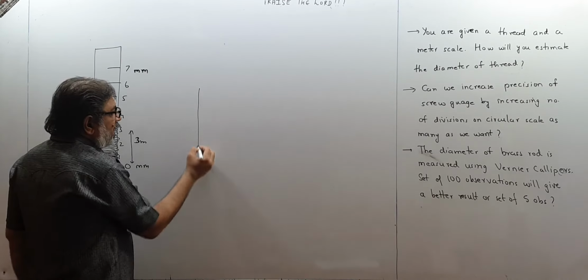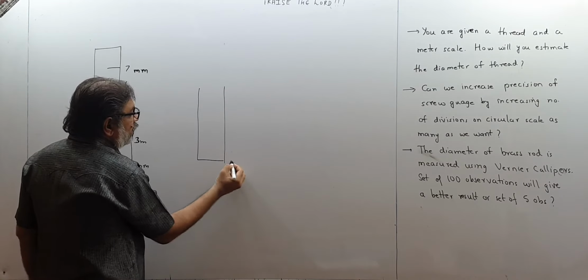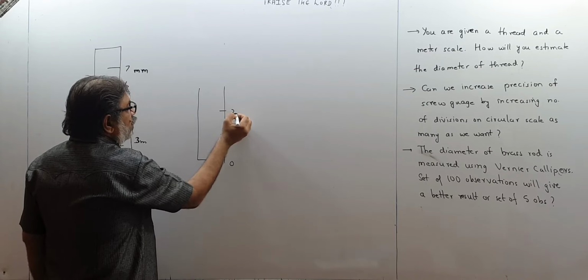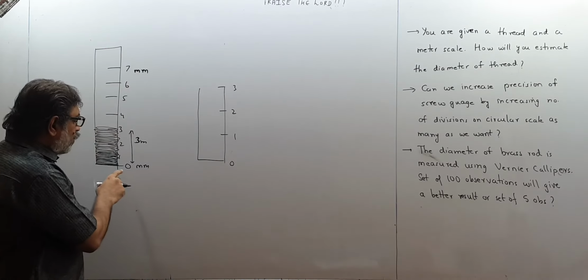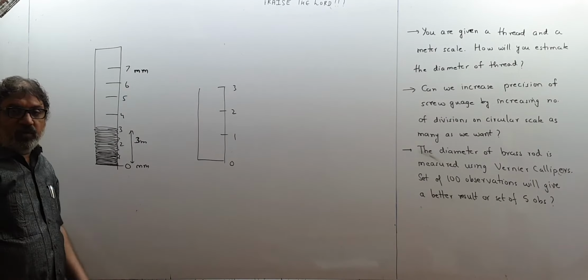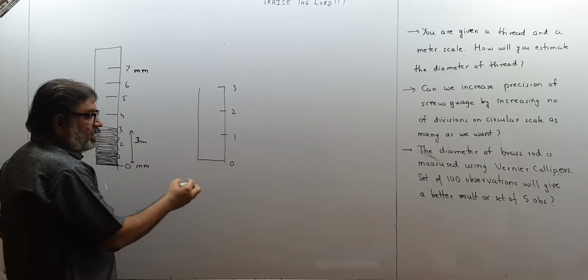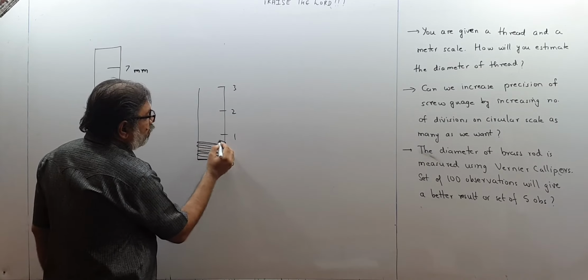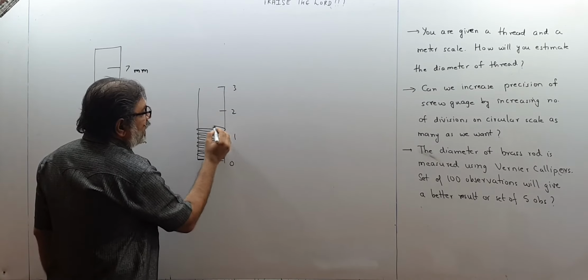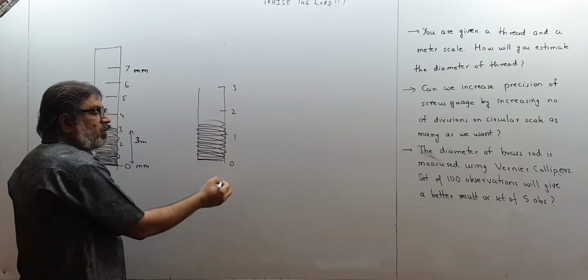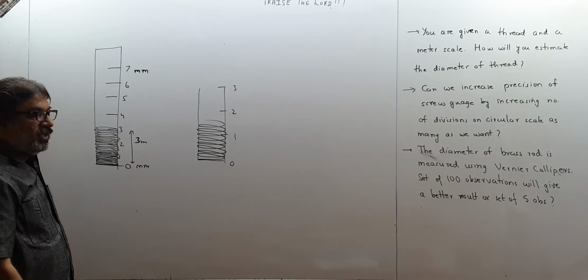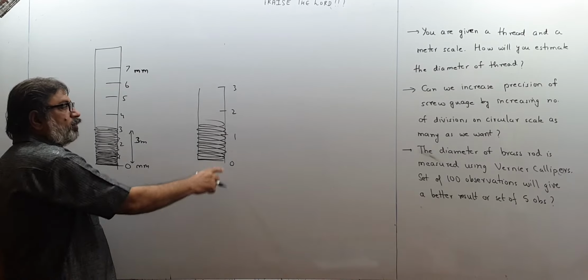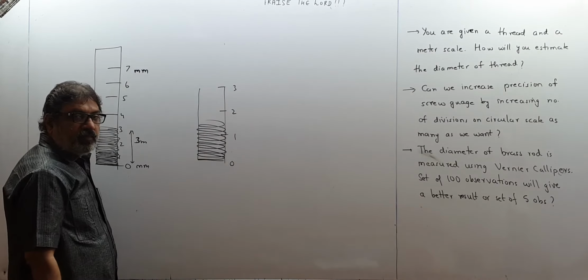What I am telling you, I will show you a magnified image. This was 0, this was 1, this was 2, and this was 3. You have put the loops very close so that there is no gap. But when we magnify, it will appear like this. 1, 2, 3, 4, 5, 6, 7, 8 like this. So you count how many loops are there. Supposing n number of loops are there, if you count up to here, n number of loops.